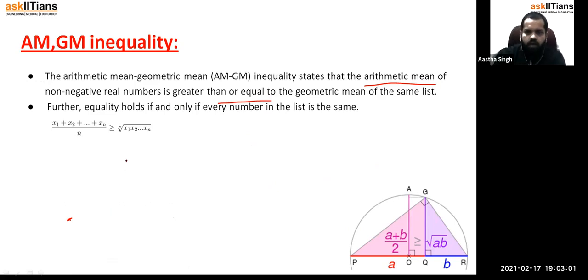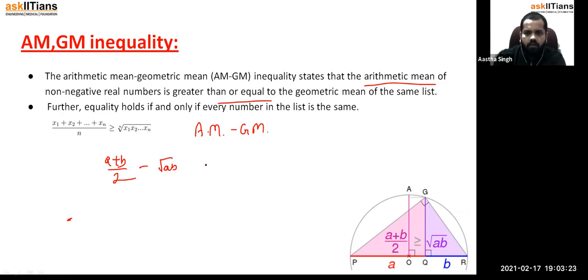Let us try to find out now. Arithmetic mean is a plus b by 2. I'm just finding AM minus GM. What will be AM minus GM? Arithmetic mean is a plus b by 2 minus GM. GM is basically the under root of ab,